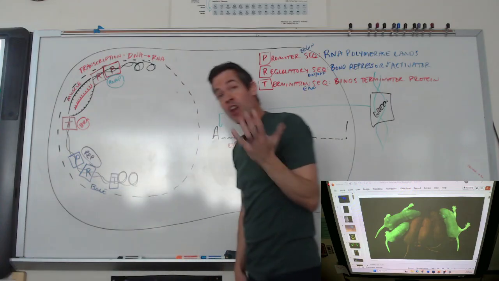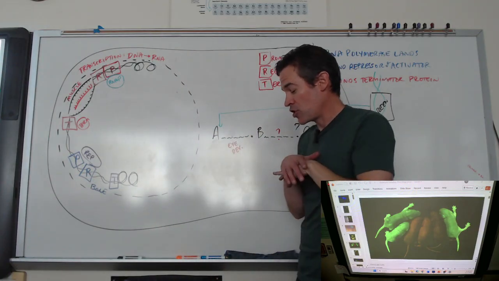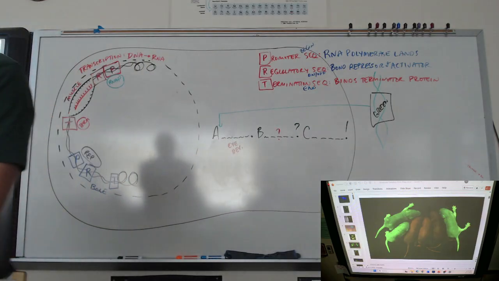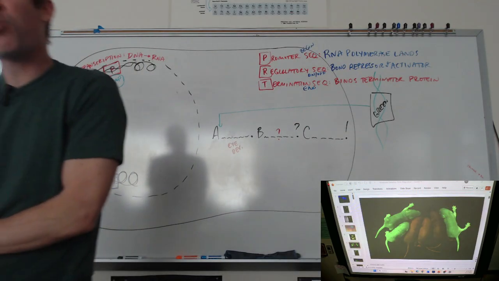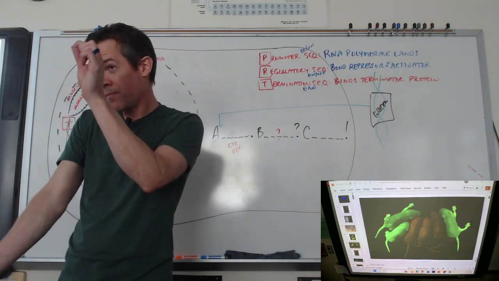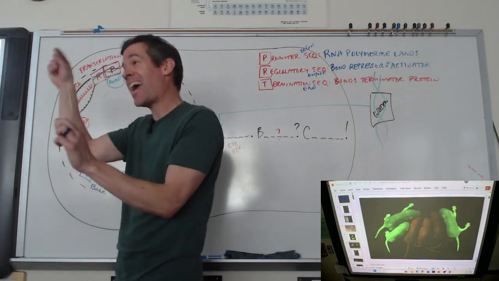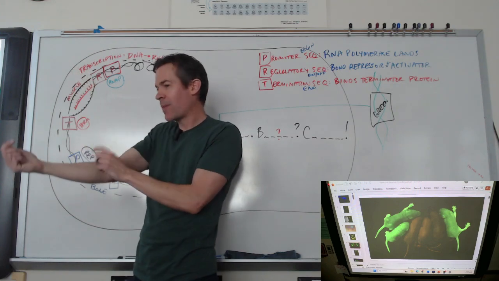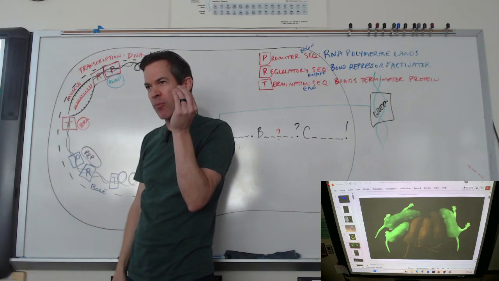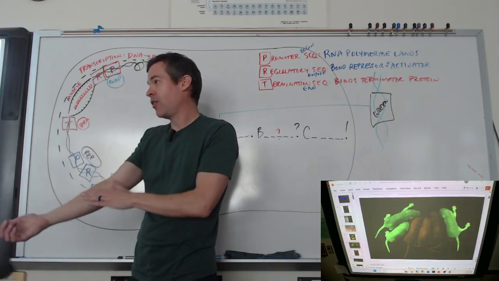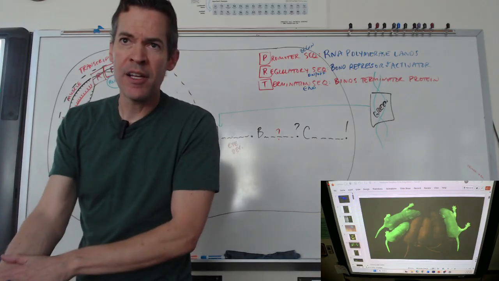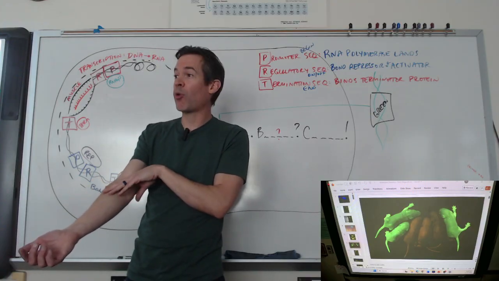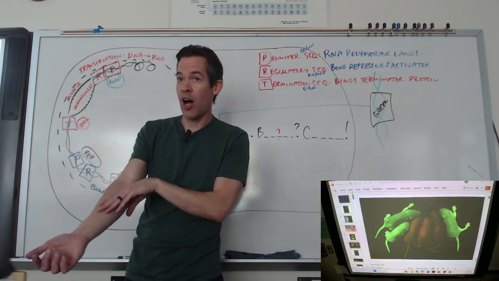So here's what's so shocking to me. This seems like this would just be full of errors. My skin cell, I know I've said this part before, but this skin cell has all 21,000 genes in it. This brain cell has the exact same 21,000 genes in it. Why is my skin cell a skin cell and my brain cell a brain cell? My skin cell, all the skin genes are on. Why aren't I growing brain in my arm right there? Because all the brain genes are off. All the heart genes are off. The lung genes are off.